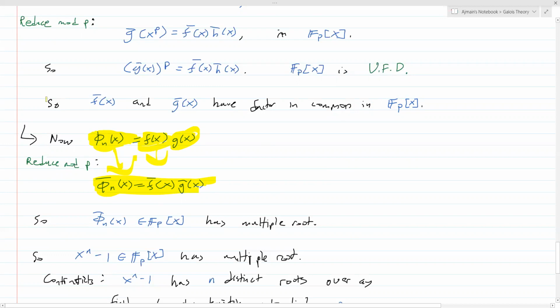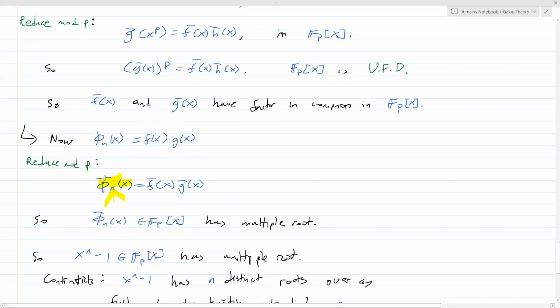And from this line right here, we see that f bar of x and g bar of x have a factor in common, that means that phi bar n of x, this reduced nth cyclotomic polynomial, has a multiple root, right? So this f bar has a factor in common with g bar, so you actually get,